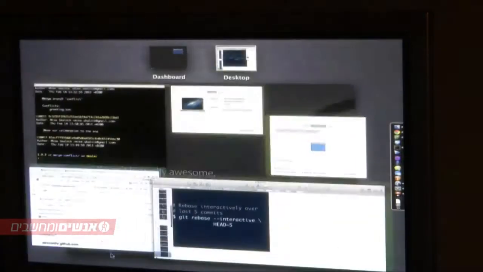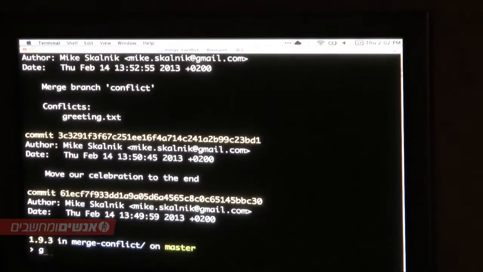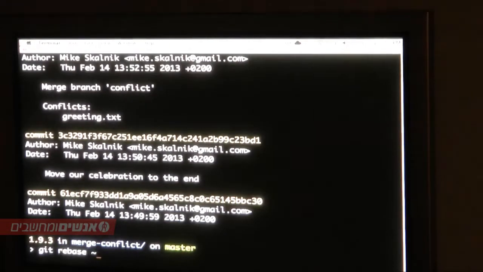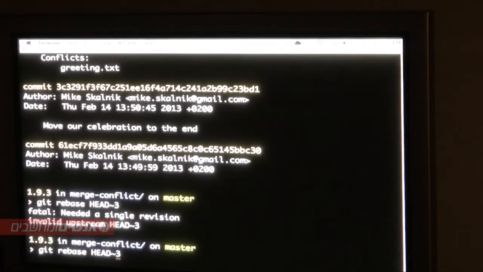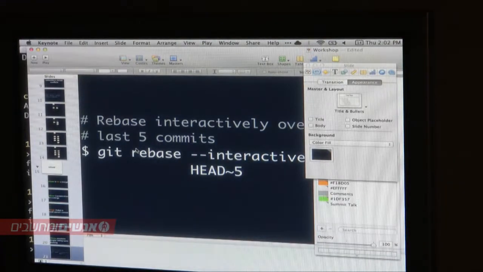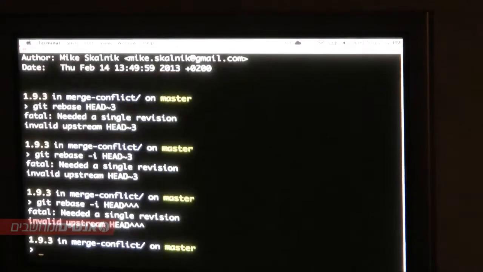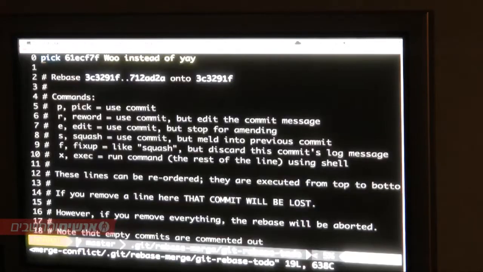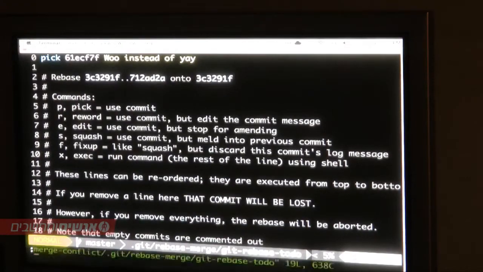So we can actually check this out with this merge conflict thing. We don't have 5 commits, but I think we have 3. And -i is a shortcut for it. Maybe I have my syntax wrong here, or I don't have enough commits.